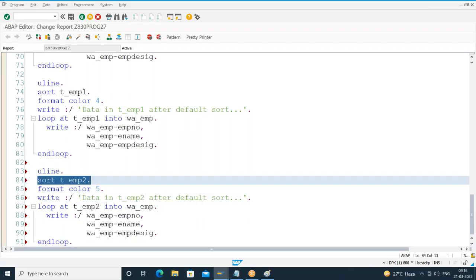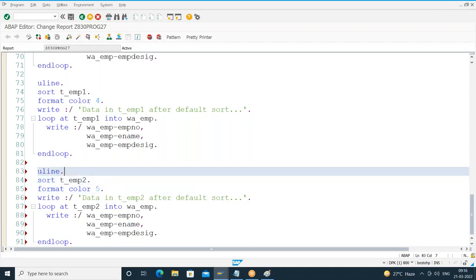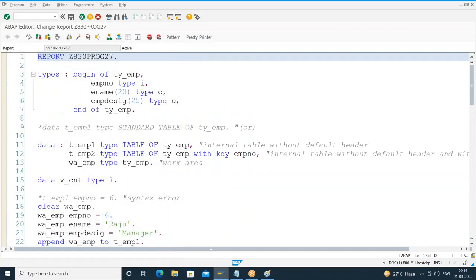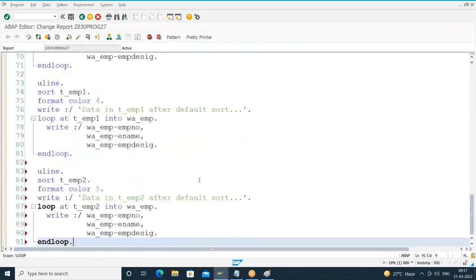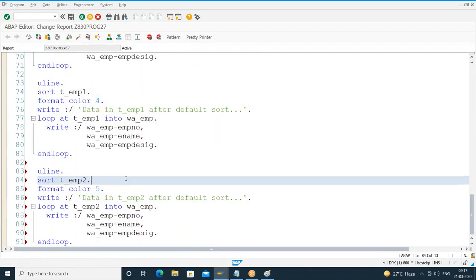So what is the default behavior? It is going to sort on key field. Does T underscore EMP2 have any key field? Yes, I specified a key field, employee number. Since the key field is available, it is going to sort on employee number. Okay, so when I try to execute this,